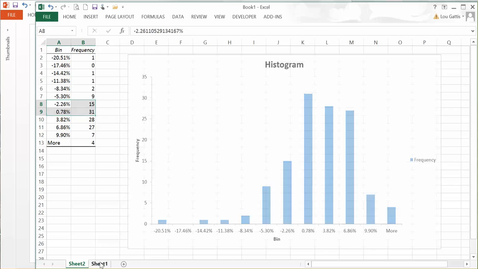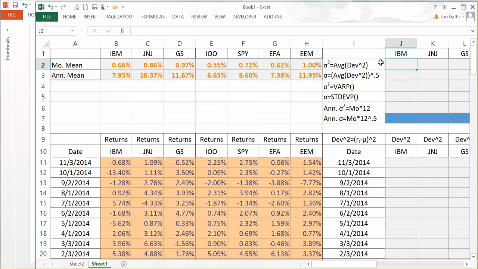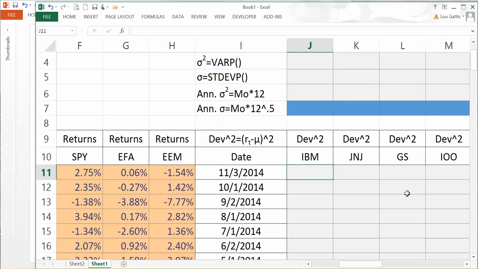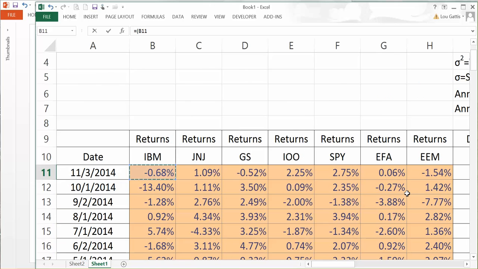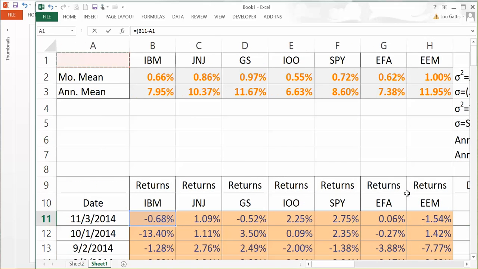So if I go back to my worksheet, for IBM, I'm going to calculate the deviation from the mean of IBM in period 1. So I'll take the return of IBM in the first period minus the mean return for IBM. I'll go ahead and put a $ in front of the 2 because I want to copy that formula. That will anchor it. And I square that